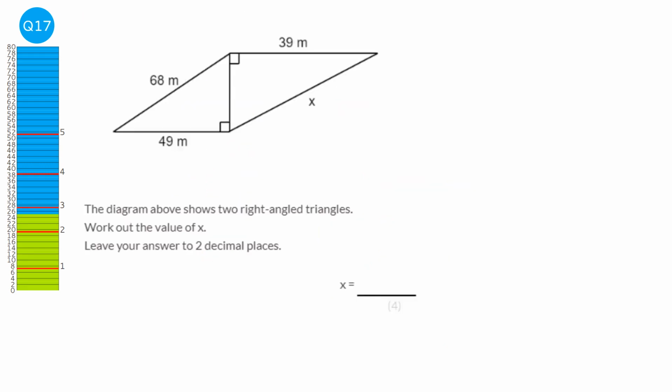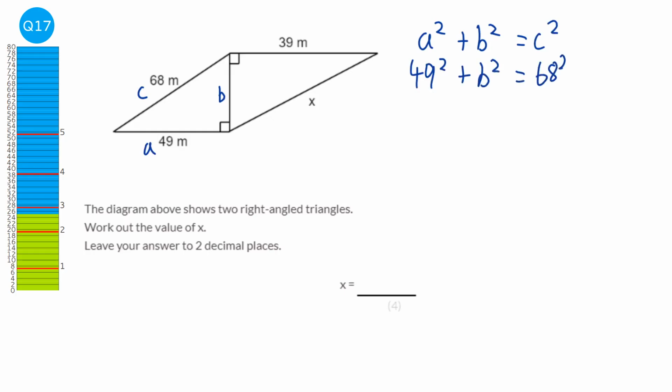We can't work out what x is straight away, but we can find this value here. And we know with Pythagoras we can find a third length if we've got the other two in a right angled triangle. So a squared plus b squared equals c squared. And a and b were labelled. C is always opposite the right angle. So it'd be 49 squared plus b squared equals 68 squared. And 49 squared is 2,401. And 68 squared is